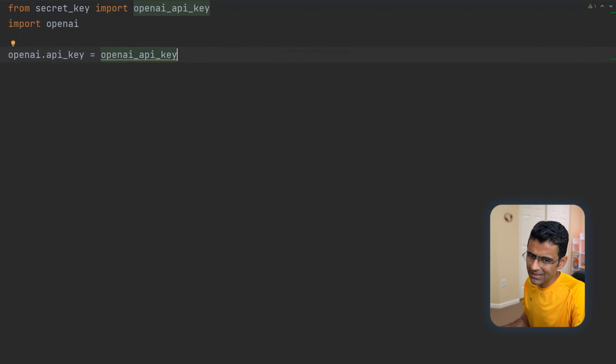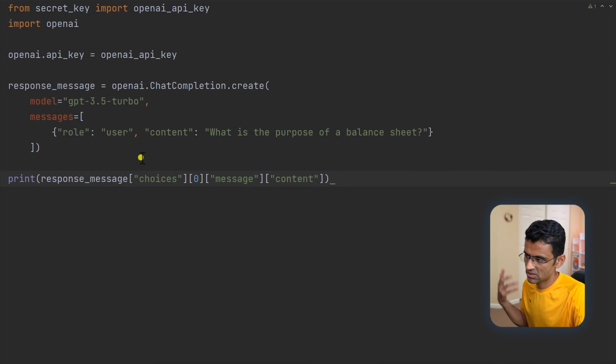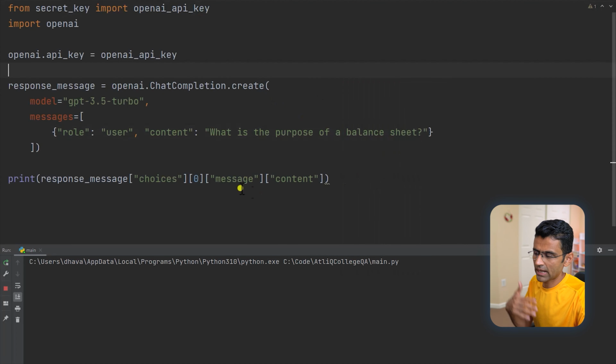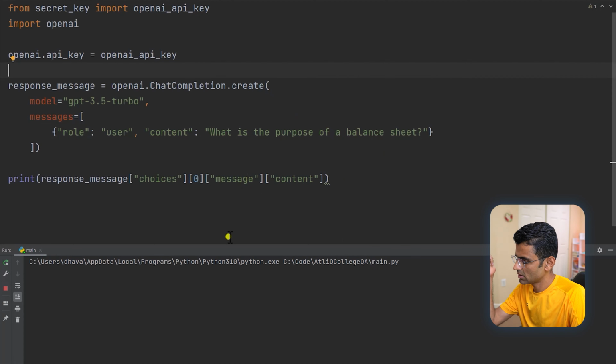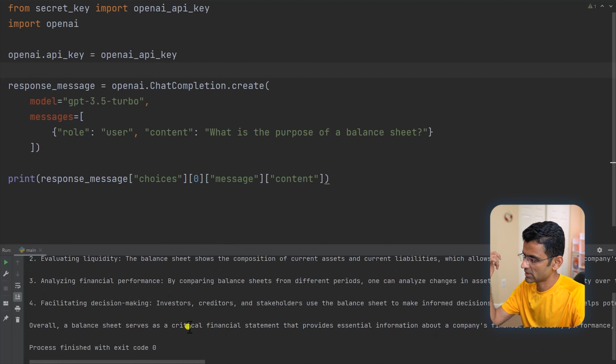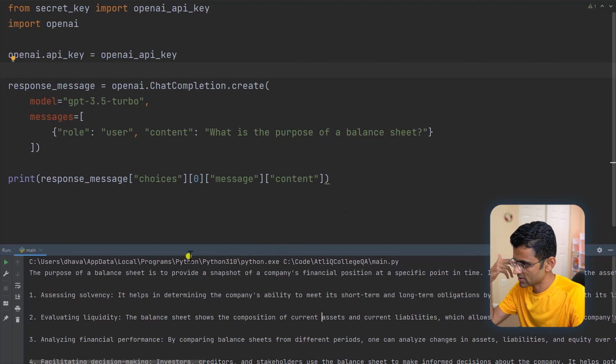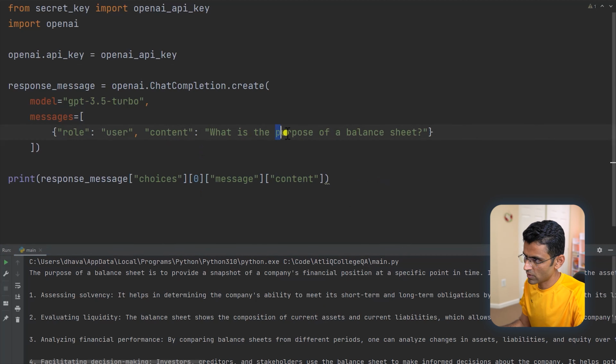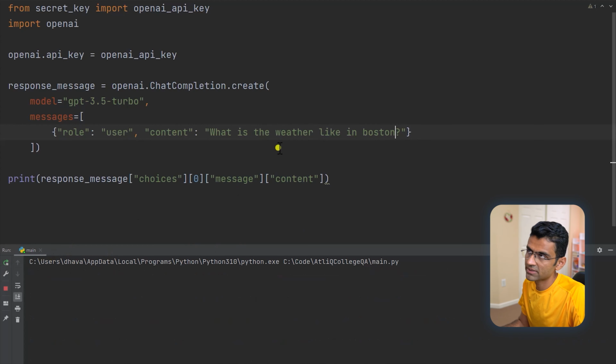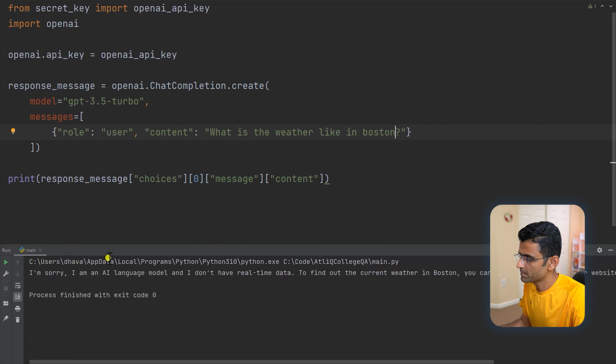And the basic functionality is given by this call called chat completion, which is kind of obvious to everyone, where you can ask any question and it will return the answer. So I'll right click, run, and I have, by the way, updated my OpenAI key, so it should work. And then we will move to a more complex question. So see, it is giving you the answer which ChatGPT would have given to you otherwise. Now let's try our next question, which is what is the weather like in Boston? And obviously it's going to fail. It will say, okay, I don't have the latest information. Fine.